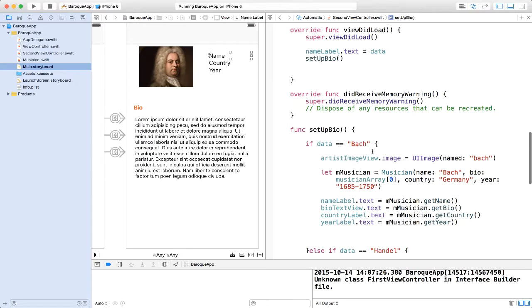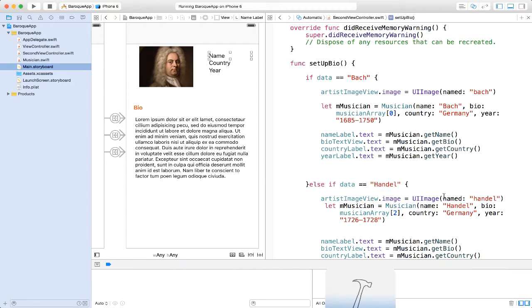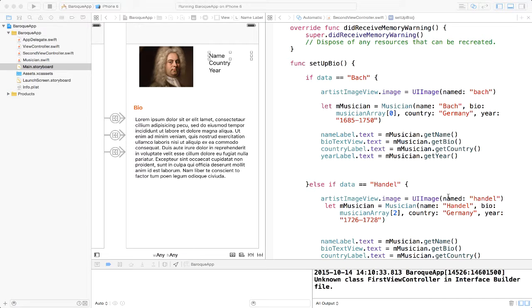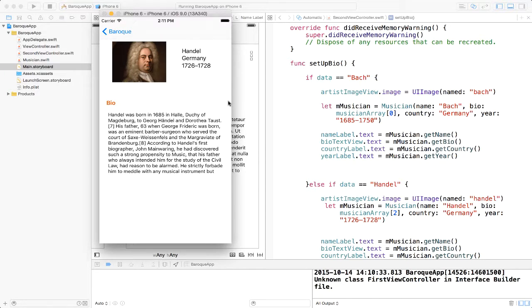All right, great. Well, congratulations for making it this far. You have this application now that is working perfectly, as you can see here. And there's a lot of things you can do. You can go ahead and add a nicer background color, add an image, and in our bio view here, you can go ahead and perhaps make this image a little bit bigger, add a background where we have our bio and align things, and change the font and add more functionality to this. So there's a lot of things you can do with this.